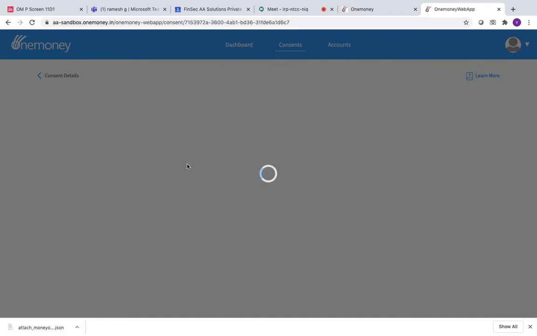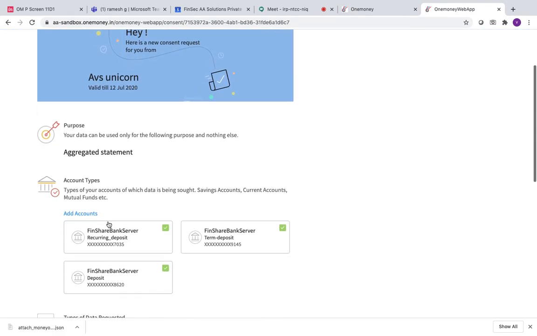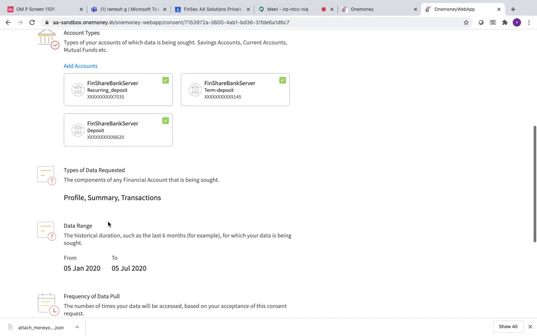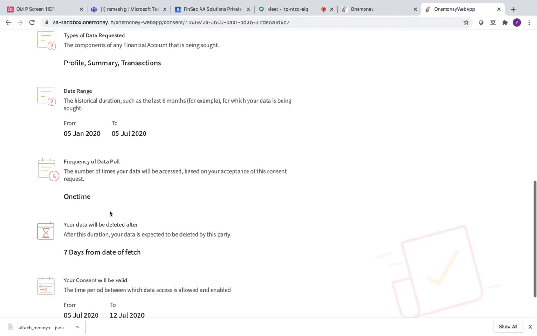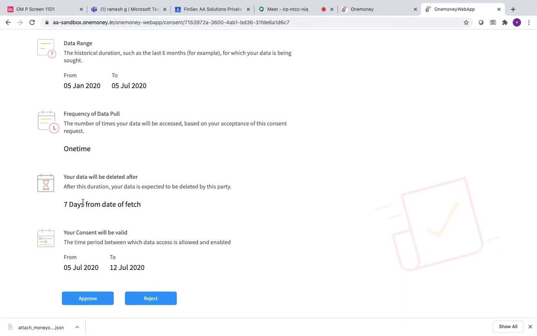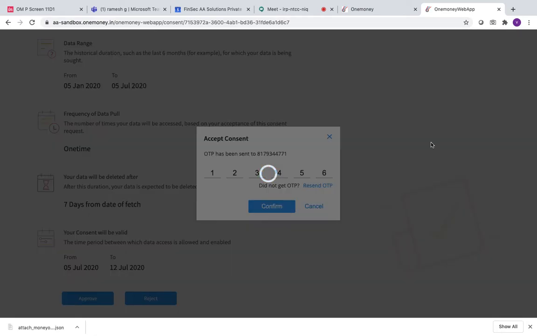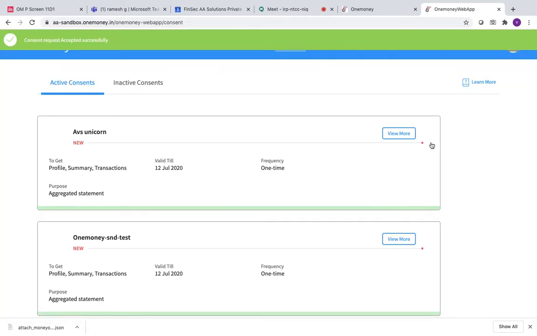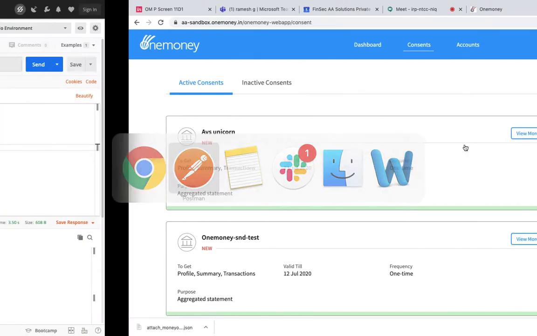You click on it, you should be able to see all the parameters that you set up. So the purpose, the account types, the components of data that you need, the historical duration of data, frequency of data pull, data deleted after how much time, and so on and so forth. And then when you approve, you're asked for a consent pin. You set that up, and you're all set. Right? So now the consumer's done his job. He's approved the consent